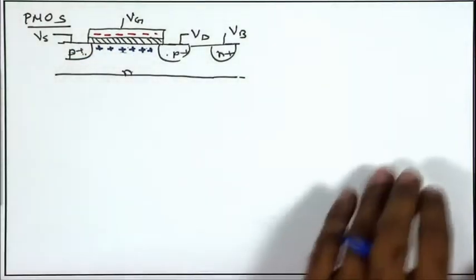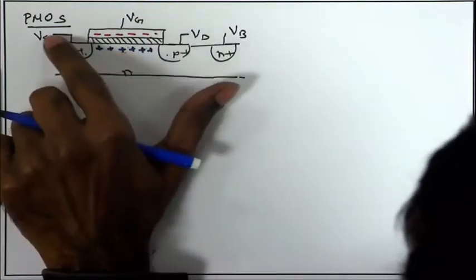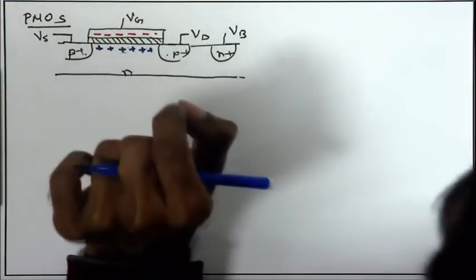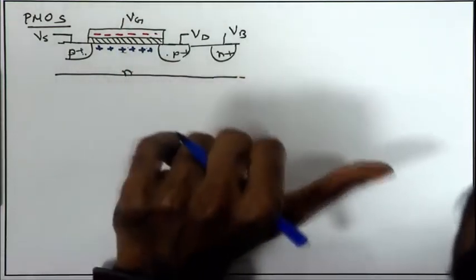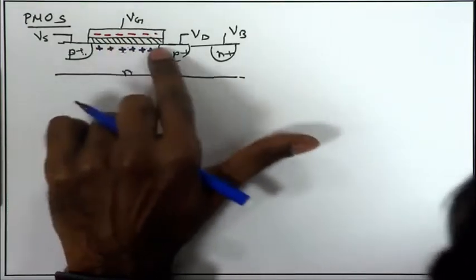And once again, following the same argument, the Vg must be at least negative by a quantity, call it mod Vtp, with respect to the channel, in order to have the positive channel induced here, or